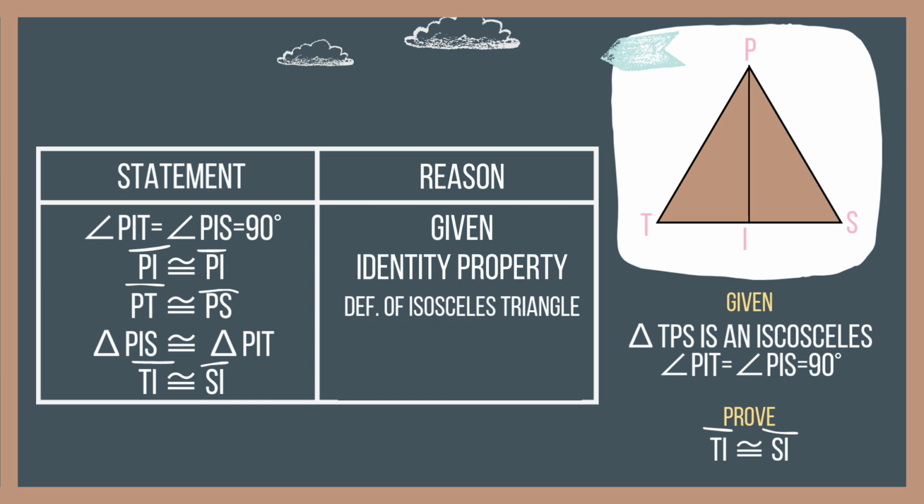Let's go to the fourth statement. Triangle PIS is congruent to triangle PIT. And what is the reason, class? Great job! It is the hypotenuse leg theorem. Last statement. Line segment TI is congruent to line segment SI. So, what is the reason now? Okay, very good. It is the